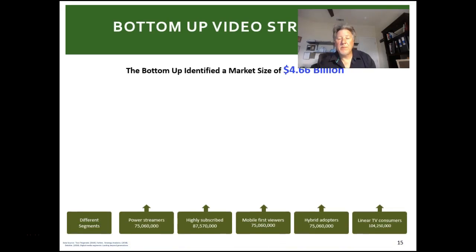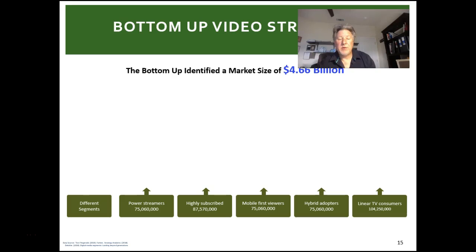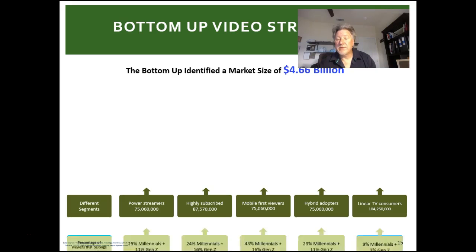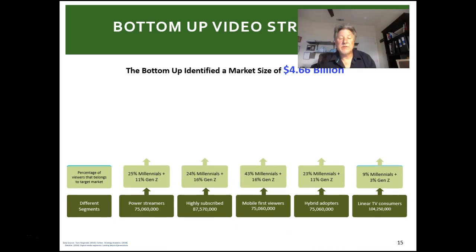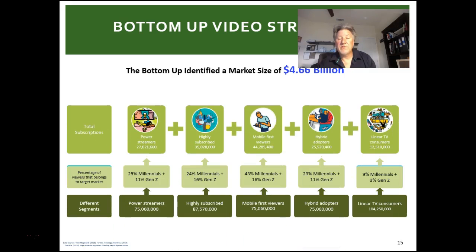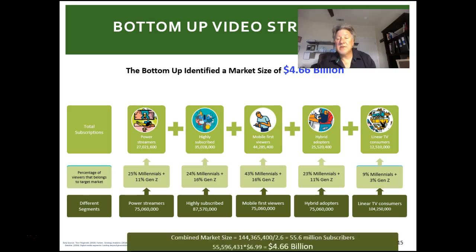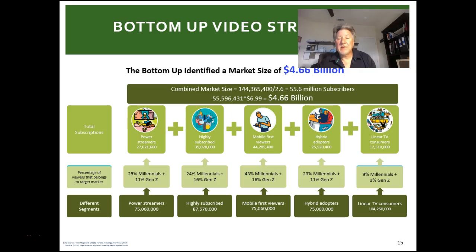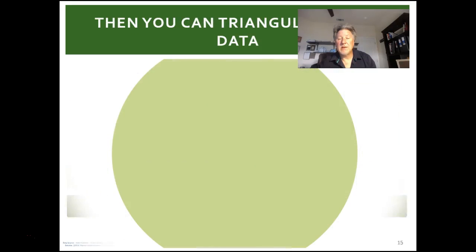Here's a Disney Plus example, and this is what our team ended up doing. We segmented different types of streamers that were using video streaming and identified numbers of individuals. We then looked at the percentage of viewers that belonged in our target market, which were millennials and Gen Zs. By multiplying those factors, we were able to get the total subscription potential for each of those segments, which then roll up to a combined market size of 55.6 million subscribers, which translates, at $6.99 a month, to $4.66 billion. So that's another way of being able to